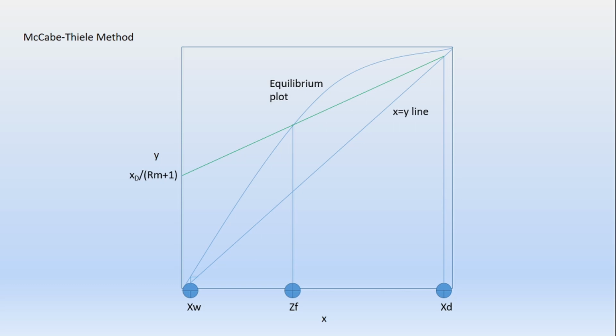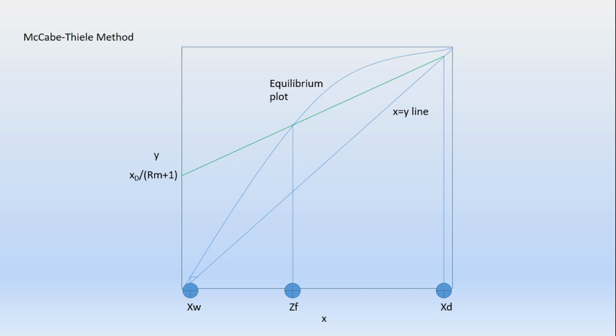So the number of stages will be infinite. The reflux ratio which will be used in this case will be the minimum. Okay, so we get the Rm from this, and from this Rm we can find out what is the actual value of R, or the reflux ratio, because this actual reflux ratio is given as a factor of this Rm. So R is equal to K into Rm. So we can find out what is actual R, because the value of XD is given in the problem.